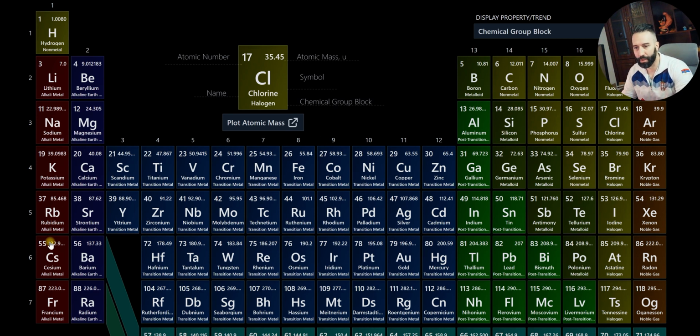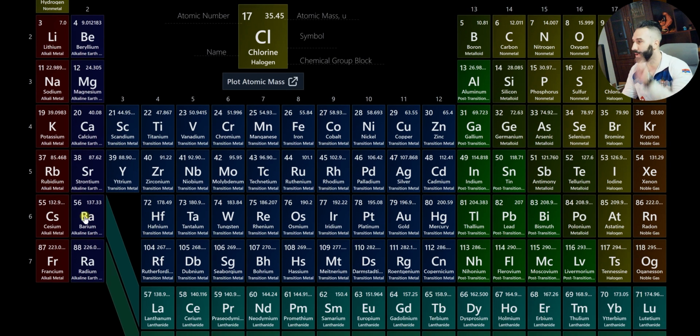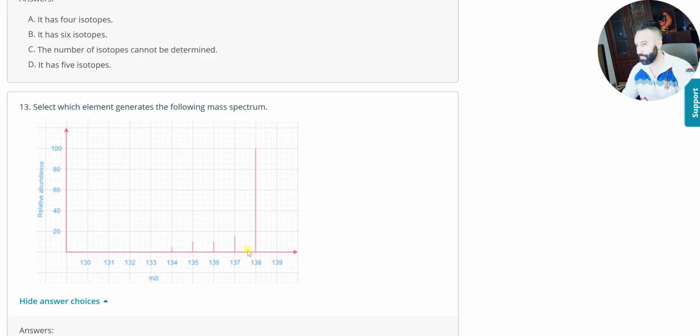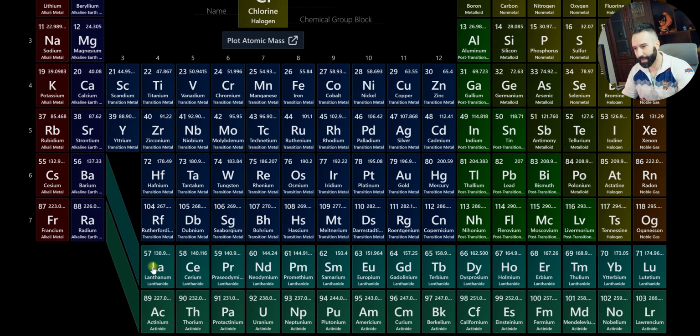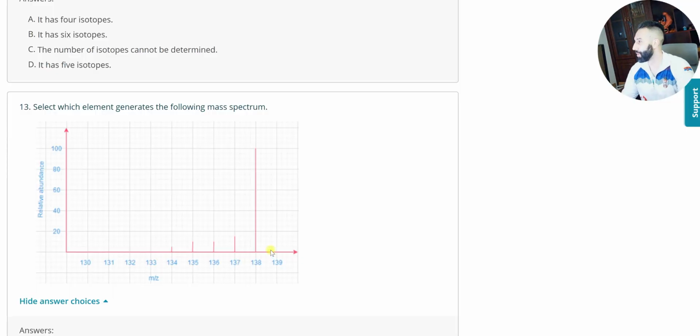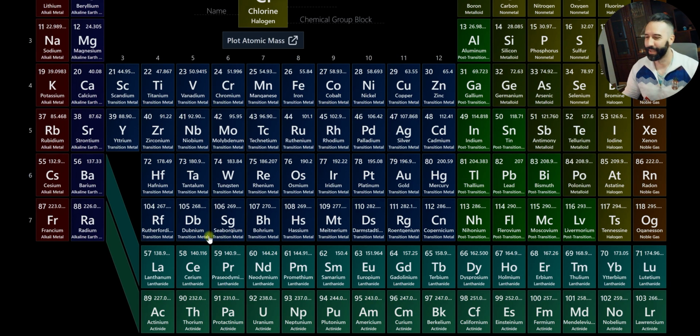138 is 131, 137.33. So could be this one, right? Because 137.33, that means it's like somewhere here. It's possible. I mean, this one is bigger, but there are 4 of these, and this is really low, right? So it could be barium. Let's see what's next. So you can see this is not next. Next is here. That's 138.9. Could it be here? Of course not. So obviously this is barium. So very, very simple to do this in most